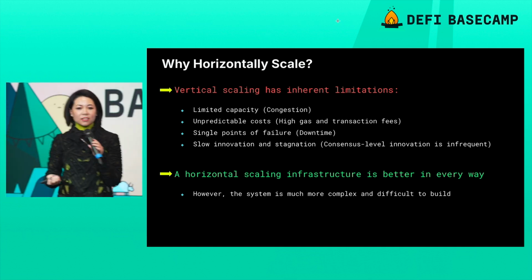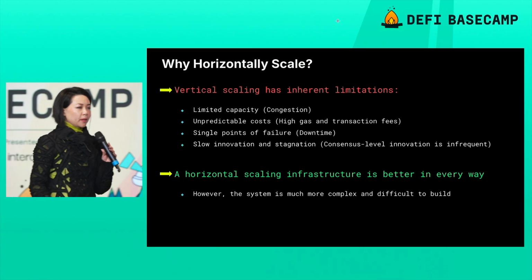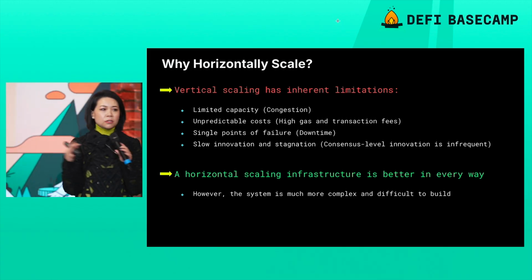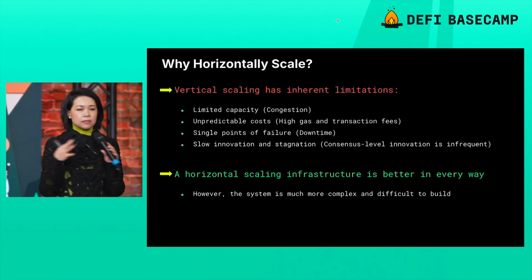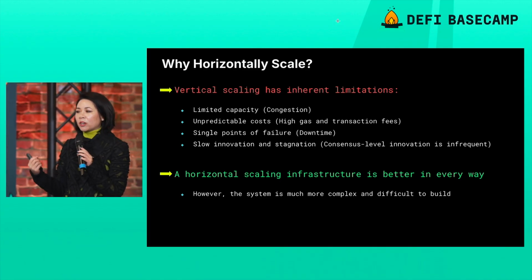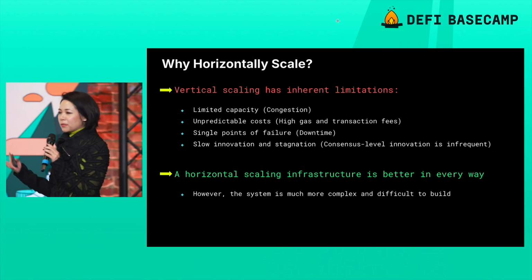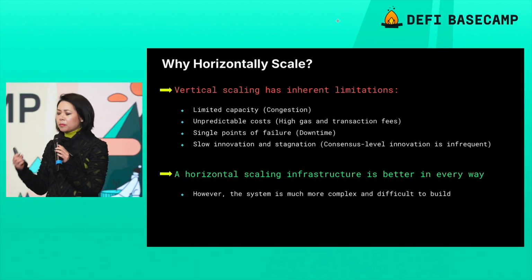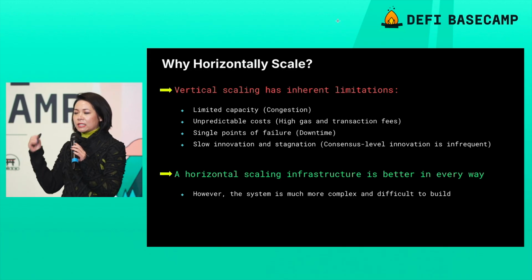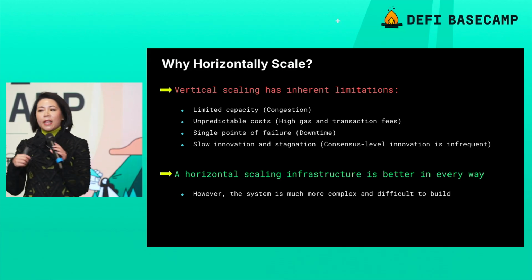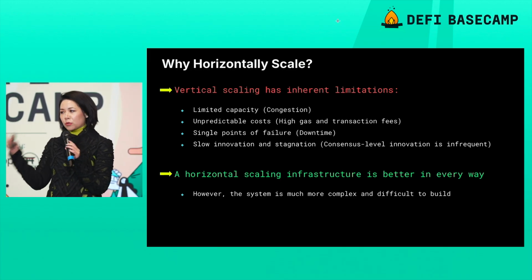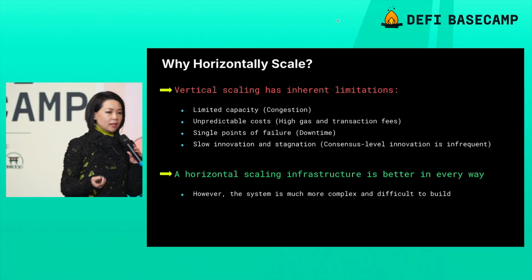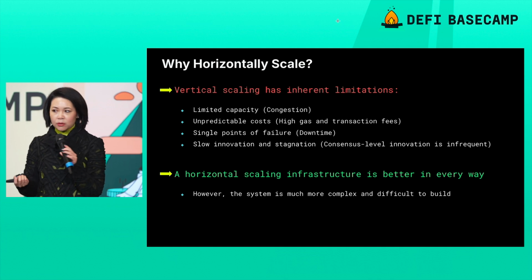So why horizontally scale? Well, let's talk about what is horizontal scalability versus, say, vertical scalability. Vertical scalability is what, say, Solana is trying to do. Solana is very much a one-chain maxi. For those of you doing SVM rollups out there, you probably know that intimately. But what they try to do to scale is they try to stuff more compute into one chain. And that works up to a certain point, but then that gets congested too. And then once you get more user traffic in there, filling up the chain, then that inevitably goes down.